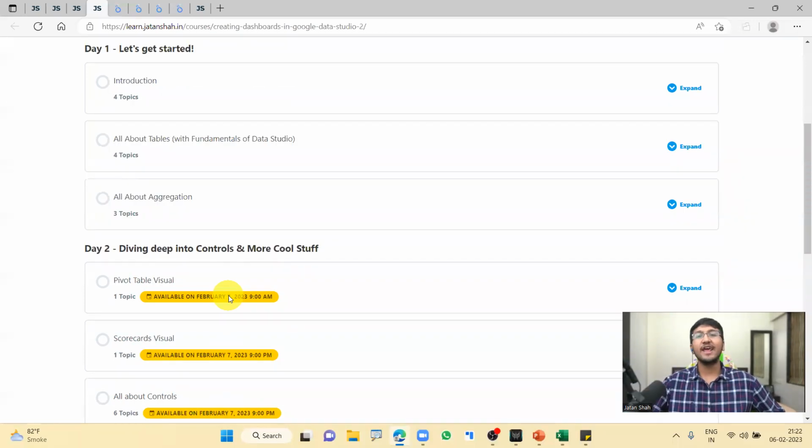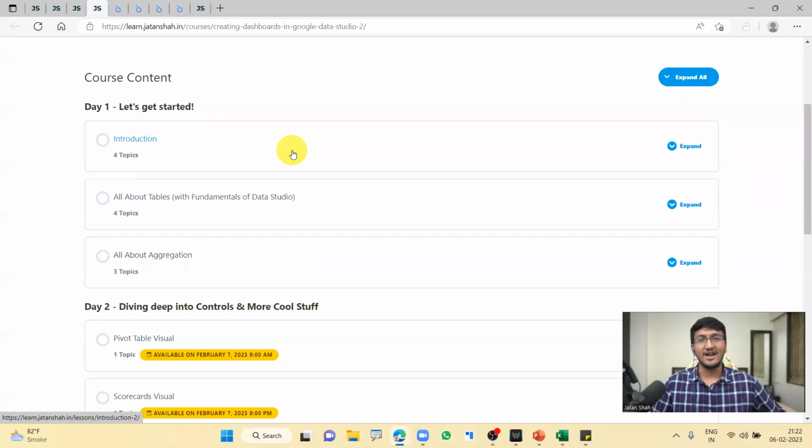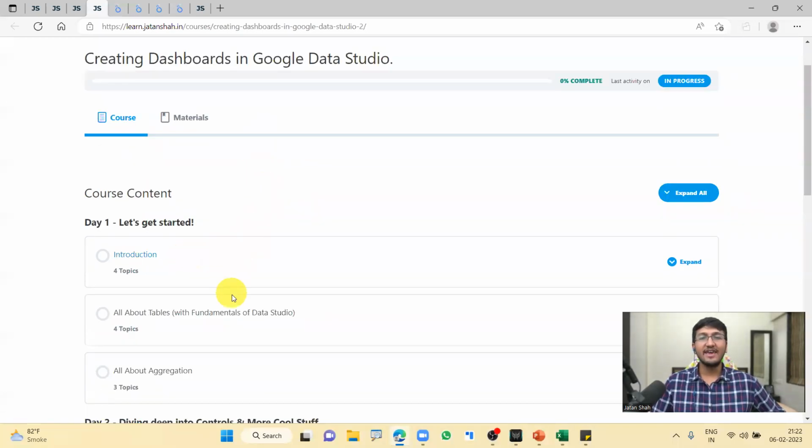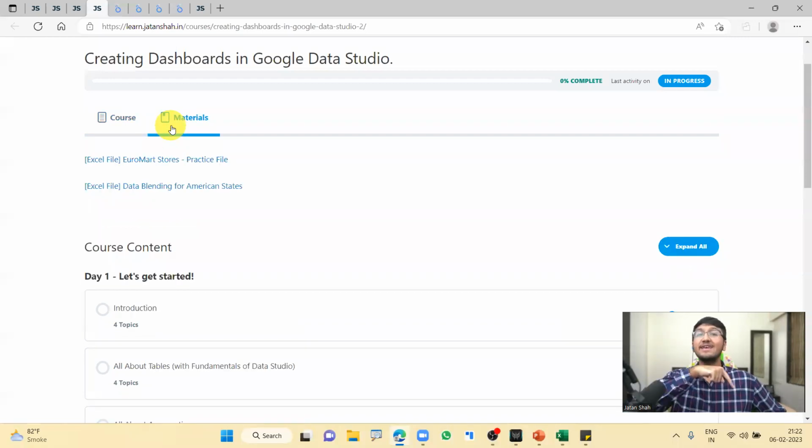Now, guys, throughout the entire workshop, obviously, I have used a bit of, I would say, data sets, right? A lot of materials, a lot of different rows, columns of data. If that's the case, how do you get access to all these practice data sets? What if you also want to practice on all these data sets? Well, you can actually. If you want to download all the things that I have used in the entire workshop, all you have to do is go inside your course, where you will see 2 tabs, the course tab and the materials tab. Please click on the materials tab.